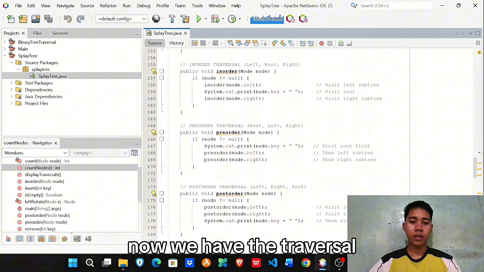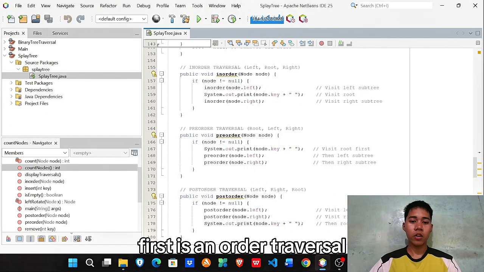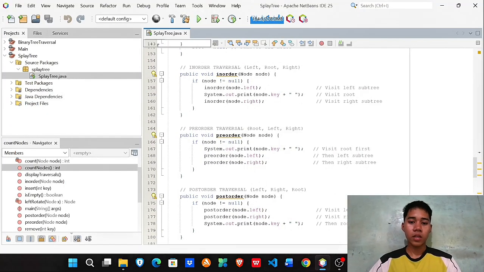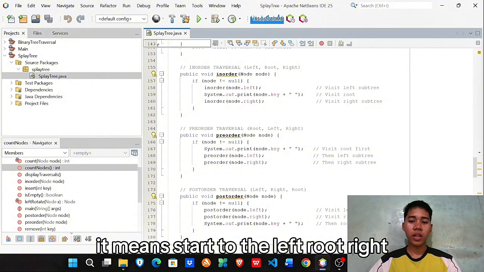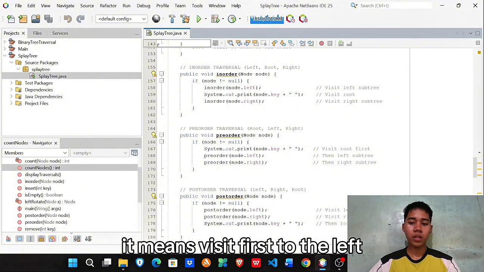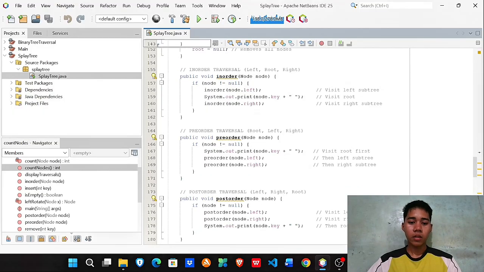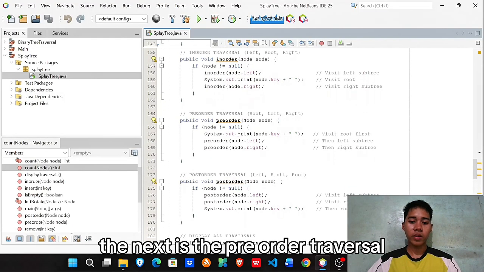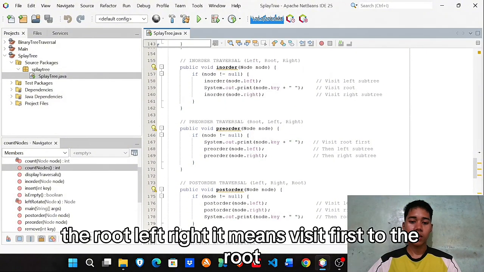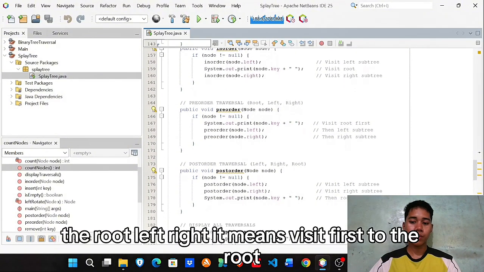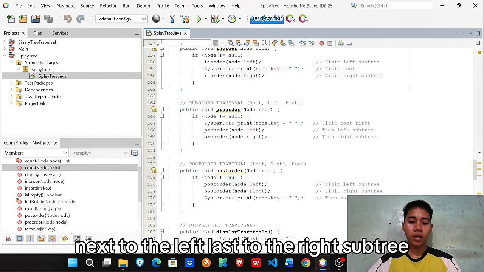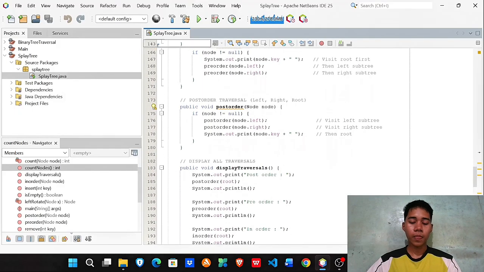Now we have the traversals. First is the in-order traversal. It means left, root, right. It means visit first the left, next the root, and last the right subtree. The next is the pre-order traversal: root, left, right. It means visit first the root, next the left, last the right subtree.